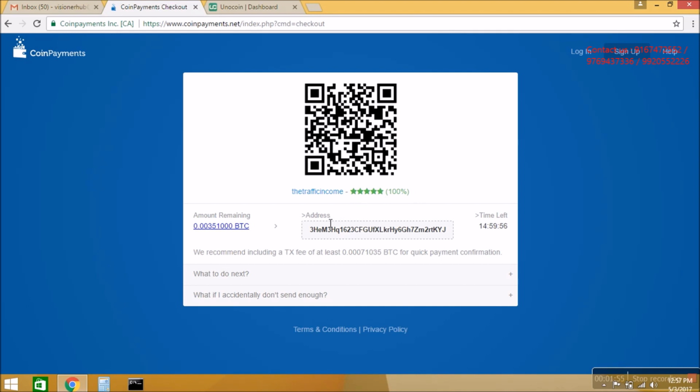Here you can see the wallet address to which I have to send the money, and this is the BTC, how much BTC I have to send. If you are using mobile, you can just scan the QR code and get it done. I am using my tab, so I'm going to use this on my laptop.